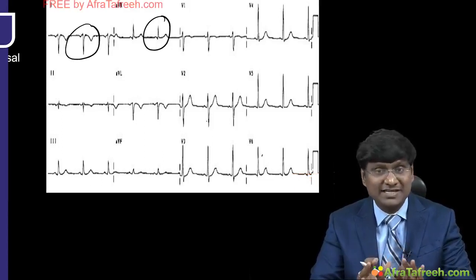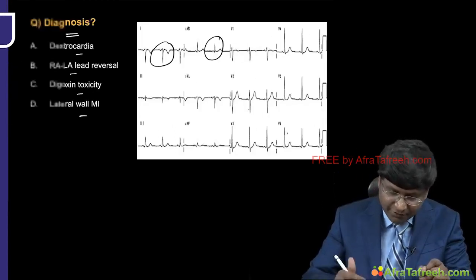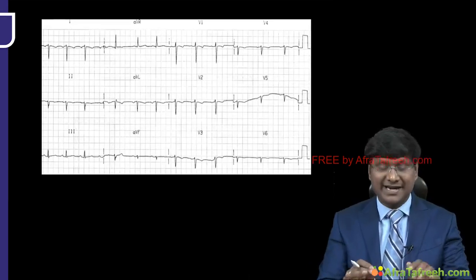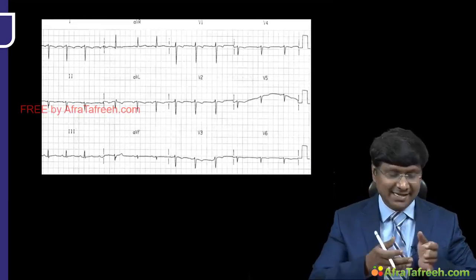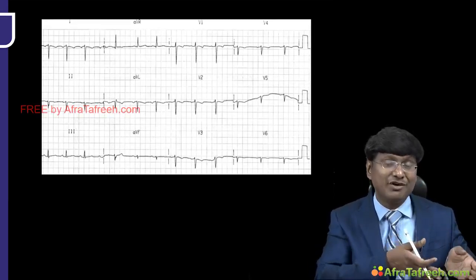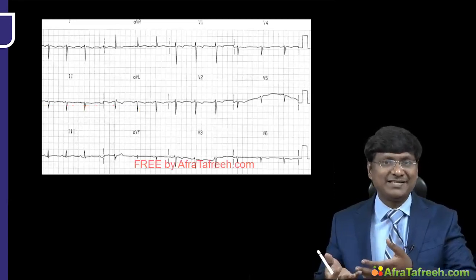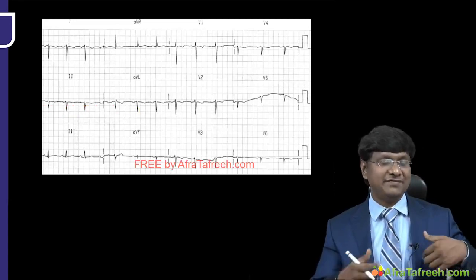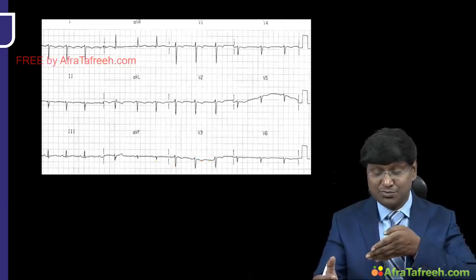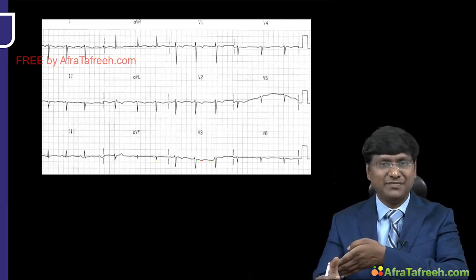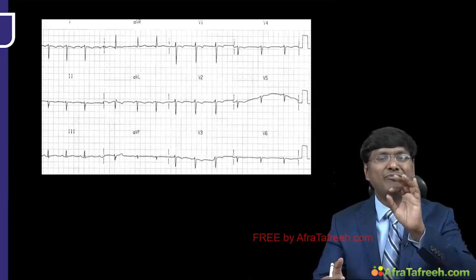But in dextrocardia, what is it that we have discussed? We also have discussed that there will be poor R wave progression. Now you should understand why there is poor R wave progression in dextrocardia. The reason is that in patients with dextrocardia, the heart, instead of being on the left side, will be present on the right side. And where are your leads placed? Your leads V1, V2, V3, V4, V5, V6 are placed towards the left side. And your heart is present on the right side in dextrocardia. So the electrical activity is moving away from V1 to V6. So when the electrical activity is moving away from V1 to V6, you will have poor R wave progression